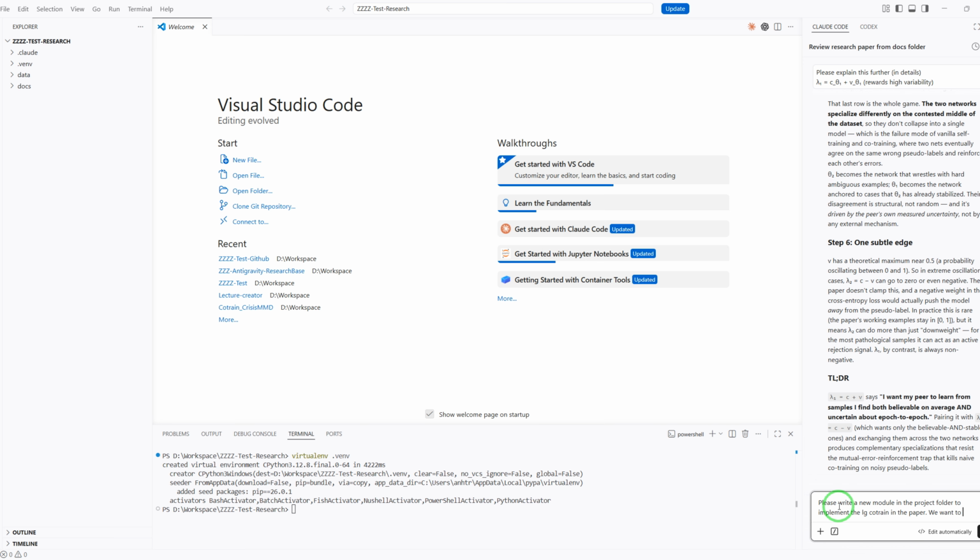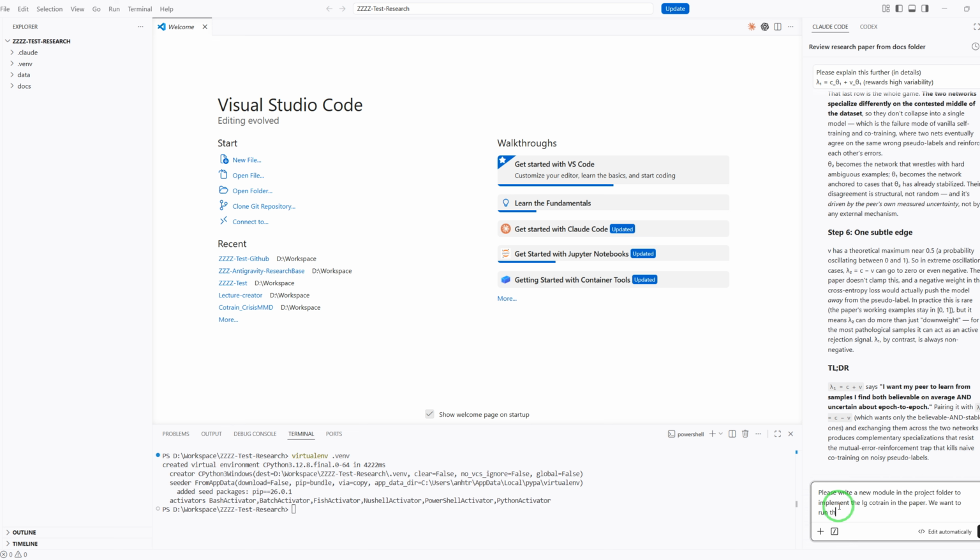We want to run this LG code train using the data set in the data folder,